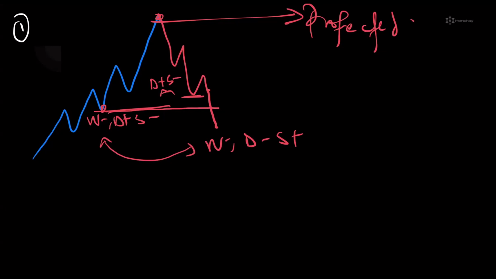So W minus, D minus, S plus. W minus has already shown us that the aggressors are still in control, that is, price will still keep going down. Price is not reversing, that is, the external liquidity is protected. That is the implication of that. But however, look at it here. You would notice that internally here, let's say we are within the same week, this second W minus, maybe the week opens somewhere around here. The week open here.